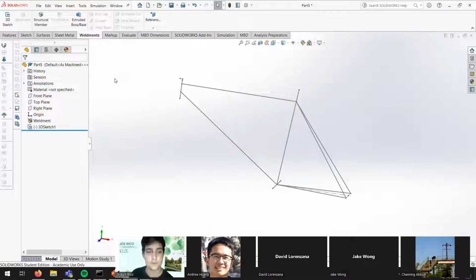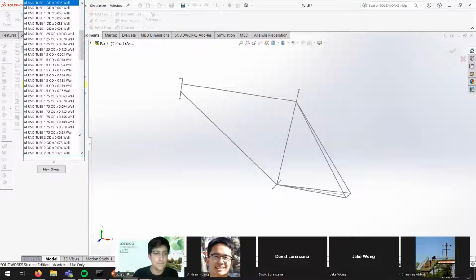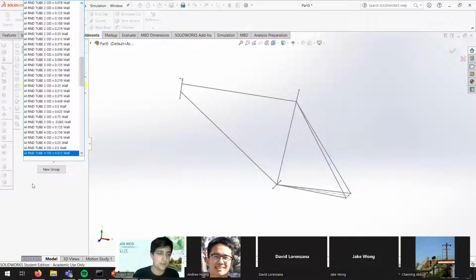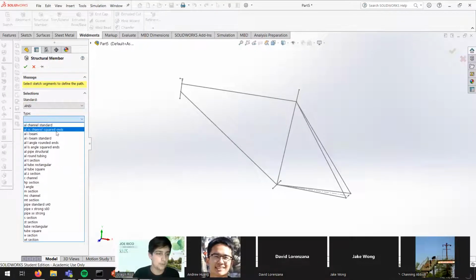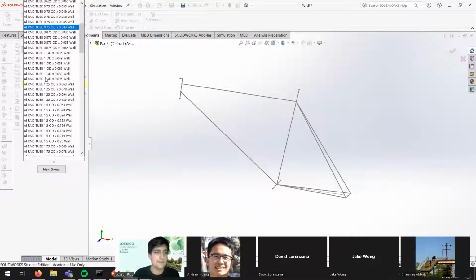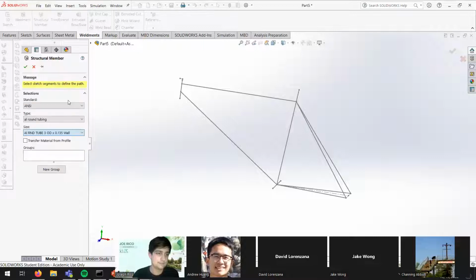Alrighty. Once we're there, we could go to structural member. And here's where we can maybe test some different tubing sizes with this model, do some stress analysis and figure out what the correct one is. But for the purpose of this demo, we're just going to wing it. We're going to say that our top tube has 3-inch outer diameter. Where I'm finding these options is under selections, standard, ANSI, and then aluminum round tubing. That's where I can click on size, and I could choose all these different sizes. So I'm going to go 3-inch outer diameter, whatever wall, and then I'm going to select my top tube